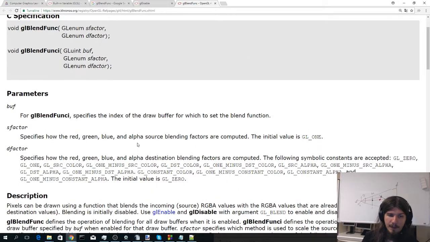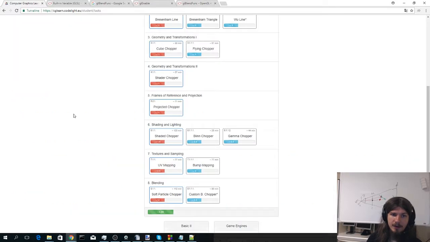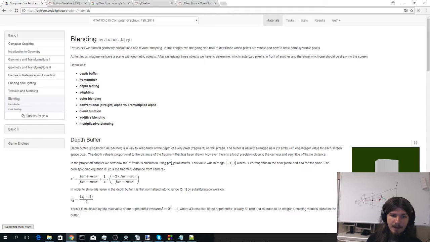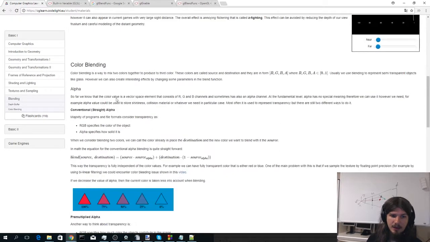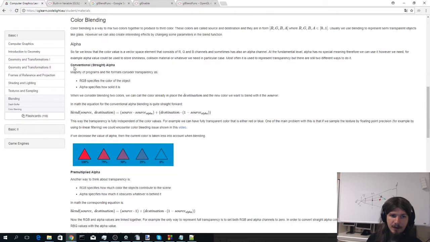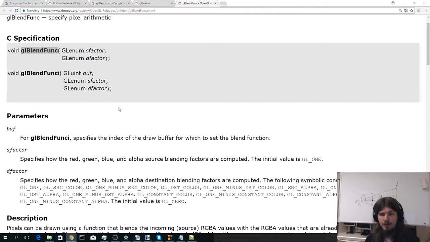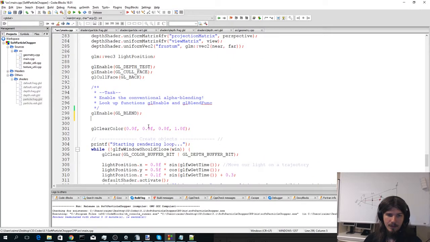So for alpha blending, if you don't remember, we can always go to materials, look for blending, and color blending, and here we have conventional alpha blending. So the source factor is source alpha, and the destination factor is 1 minus source alpha. So this is how we blend those things together. So let's use GL blend func now, and let's specify the parameters